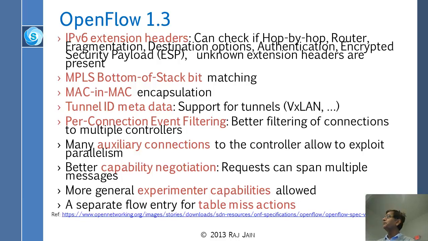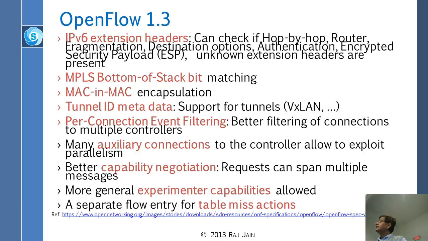So I have 2 slides on 1.3. In 1.3, they put the extension headers. So IPv6, those of you who know IPv6 know that it has many headers. This was supposed to be one of the special features of IPv6, which I don't think is considered such a good feature now. But you had the main header, and then you had the extension headers, which were optional, and you could have any number of extension headers and so on and so forth. That makes it slightly difficult to handle in hardware.